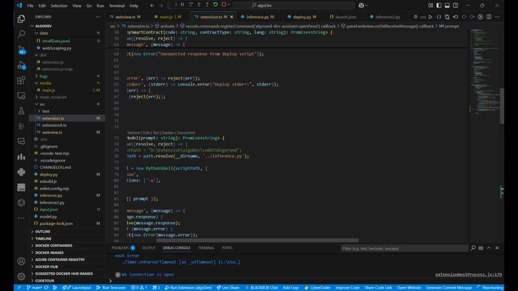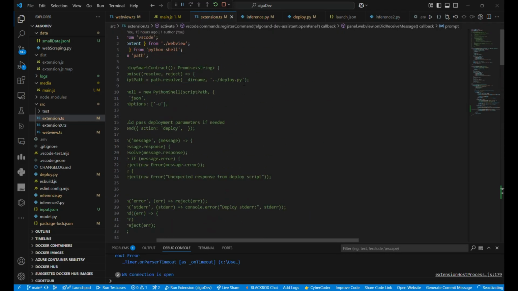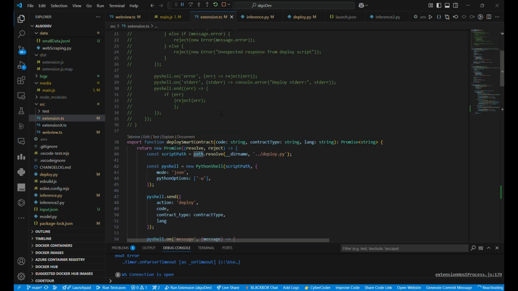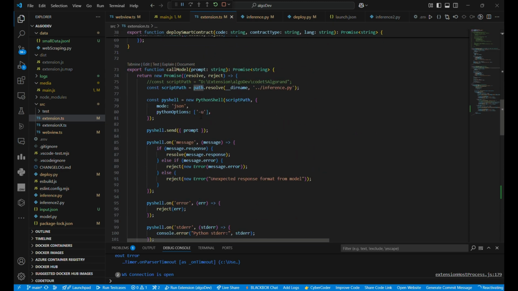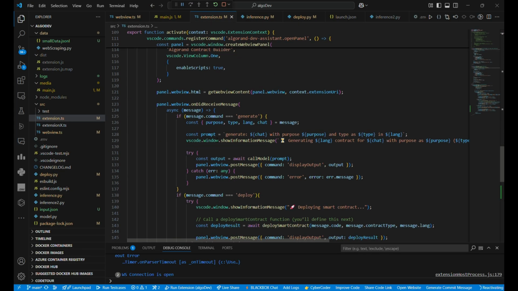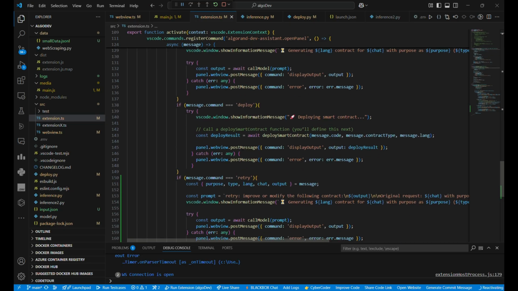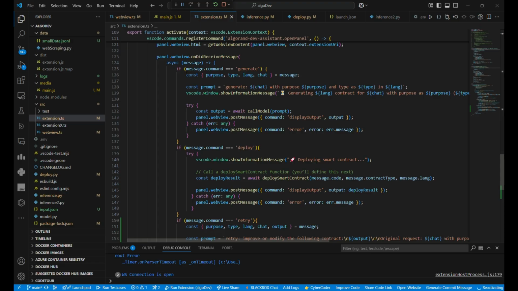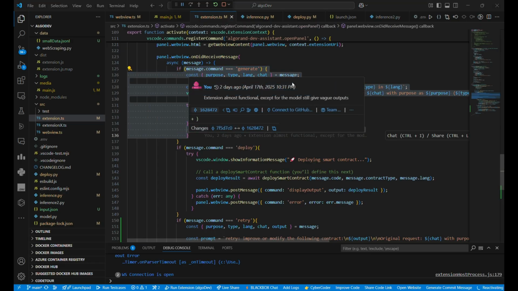The backend file. Basically, we already made a file inference.py and deployed it to py for testing the individual logic. So we called the Python shell in the backend, and whenever we are generating the code, we are actually running this inference.py through a Python shell in extension.ts and passing it with post message to the front end. Here is the generation part. We are simply running